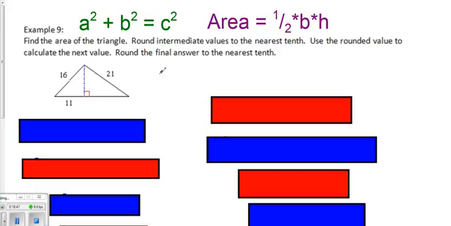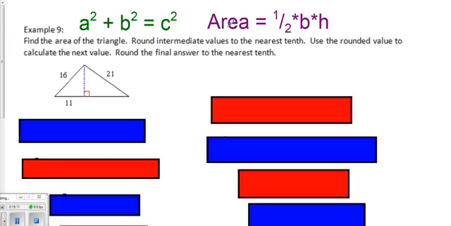All right, last example. Example number 9 says, find the area of the triangle. Round intermediate values to the nearest tenth, use the rounded value to calculate the next value, and round the final answer to the nearest tenth. Now the question is, find the area of the triangle. So, to review from previous years, the area of a triangle is 1/2 times its base times its